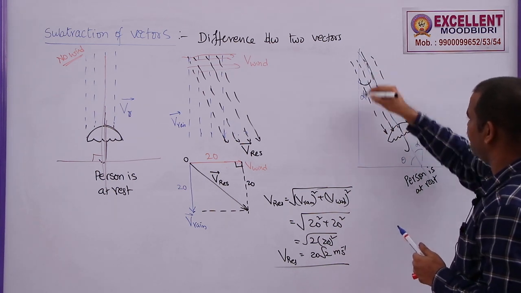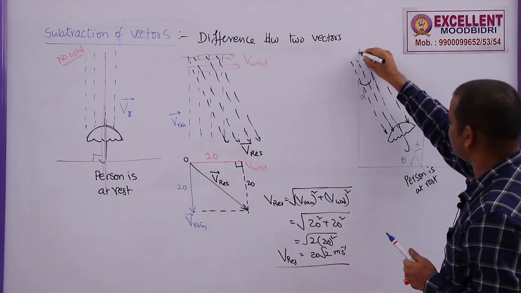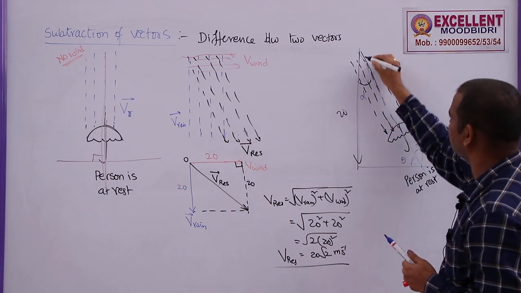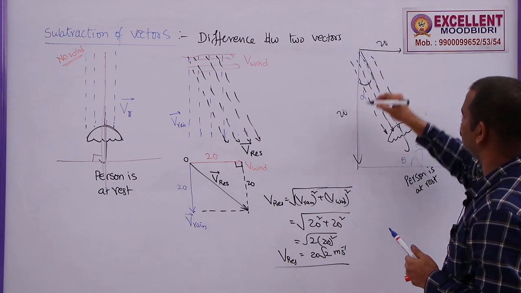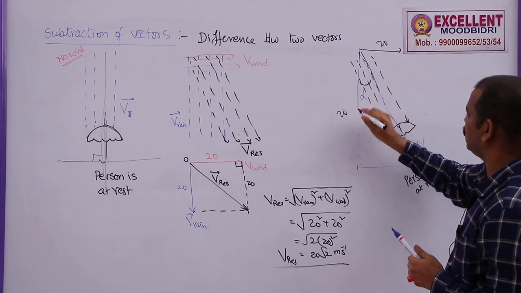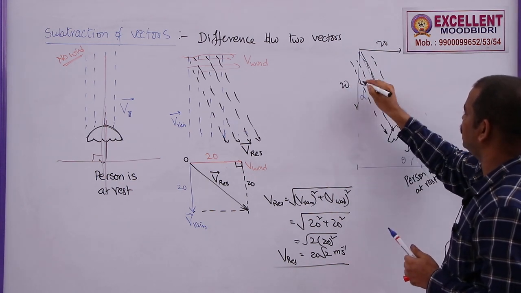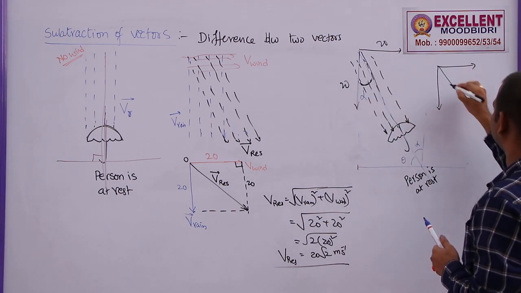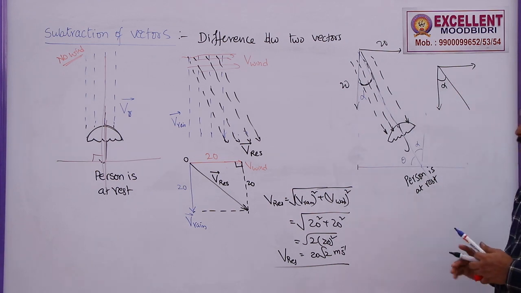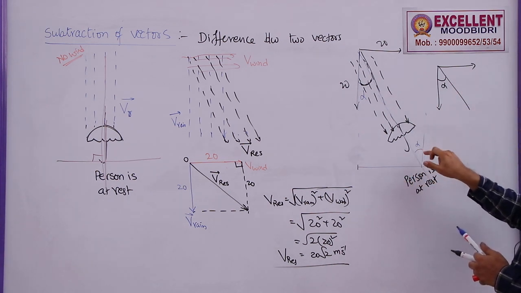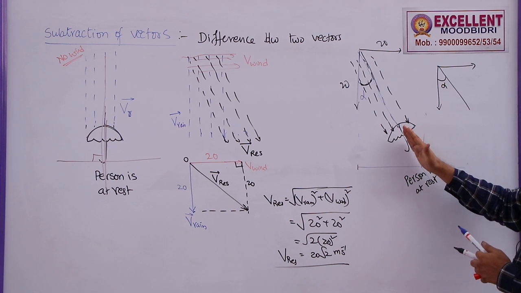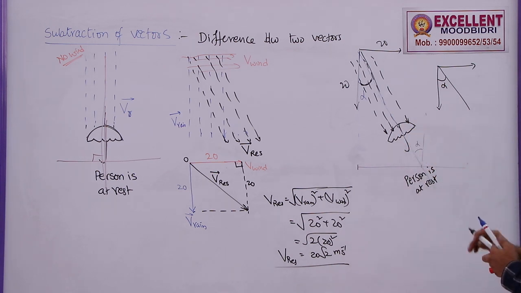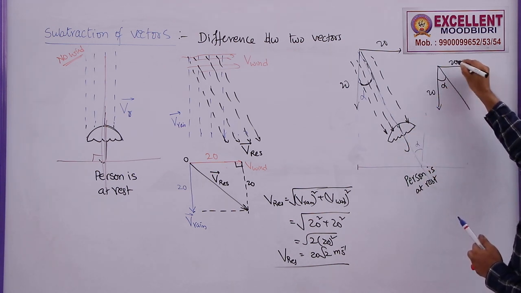So, this is given by here, let me use the same values. The velocity of rain here is 20, the velocity of wind is 20, and this angle. So, you just draw the same diagram here. This is the angle that I am going to find. So, theta is not required, I just want the angle at which the umbrella has to be held with the vertical, alpha. So, this is 20, this is 20.